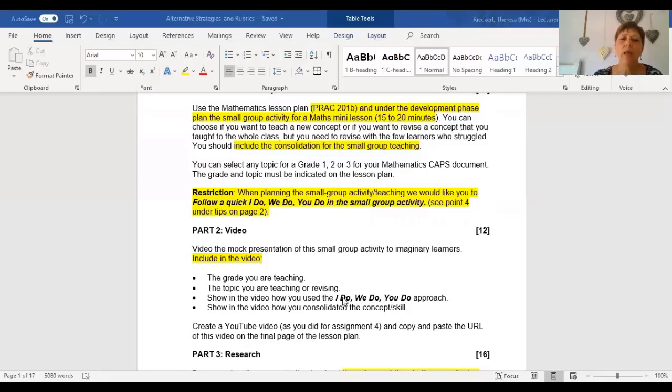So that is what they will have to show in their video. You also have to show their consolidation of the skill or the concept. When they consolidate the lesson, remember that is recapping what they just taught the learners. They will either verbally test what the learners know and what they don't know, or they will maybe give